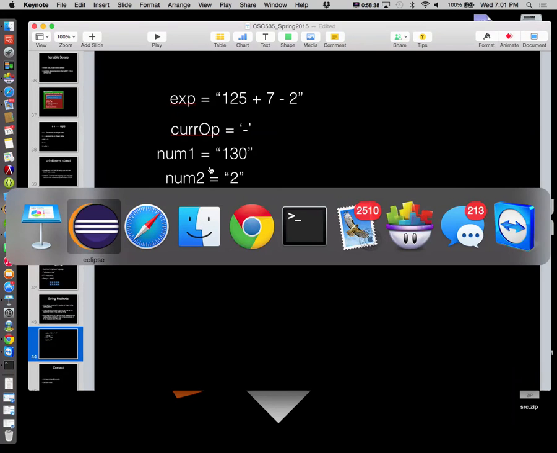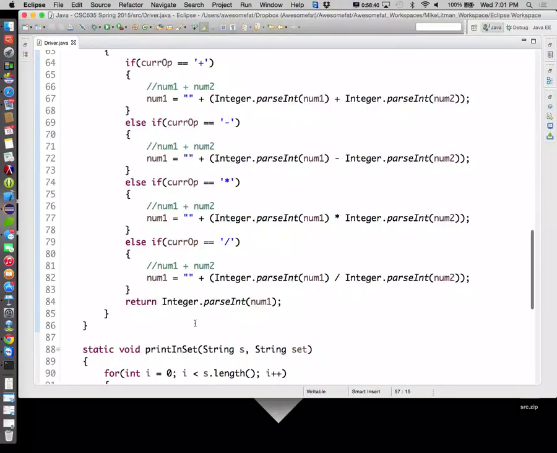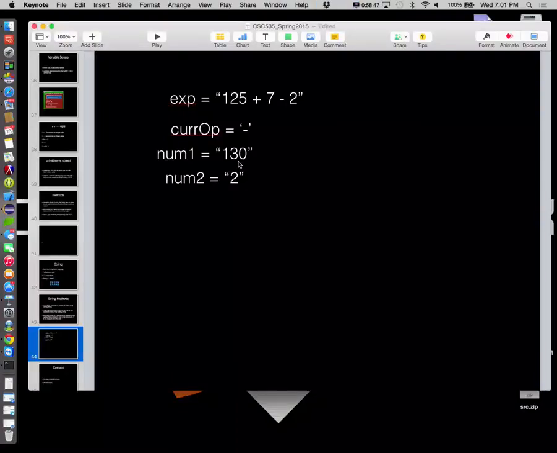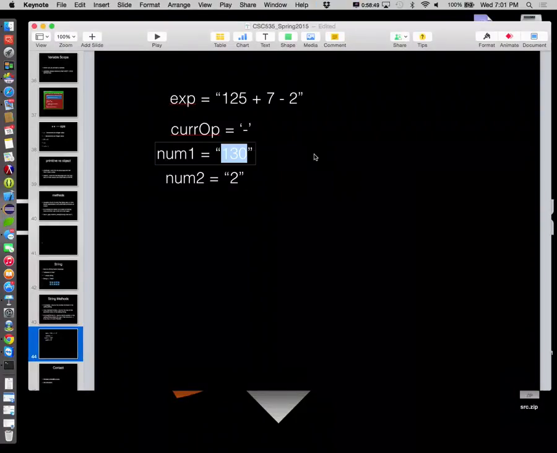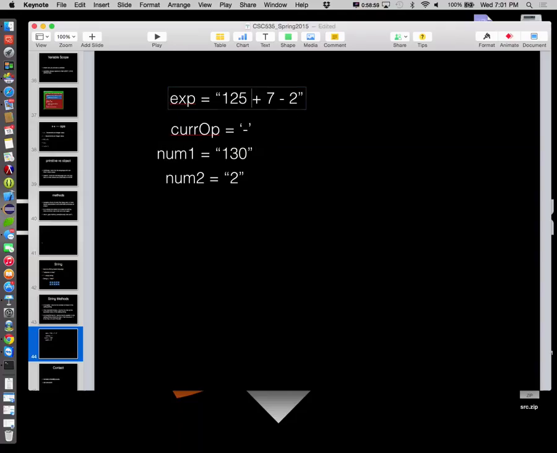So we've done our math now. And finally, we will return the integer version of num1. So Integer.parseInt of that guy, which will give us 130 as an int. That make sense? Now, just to quickly show you the question mark version of this,